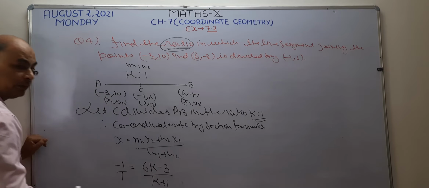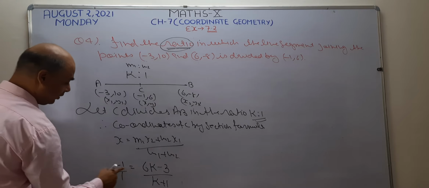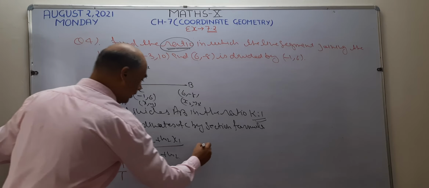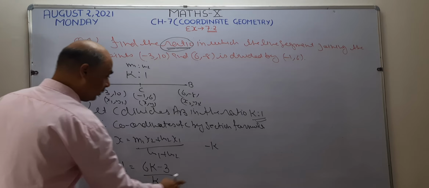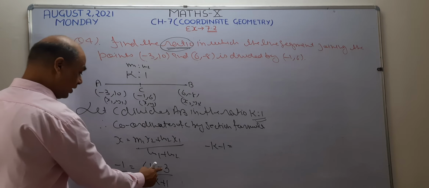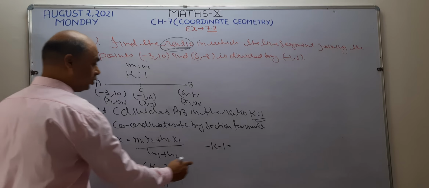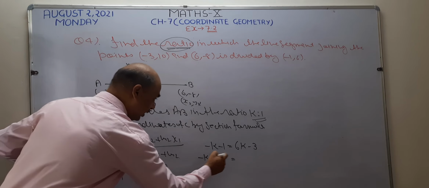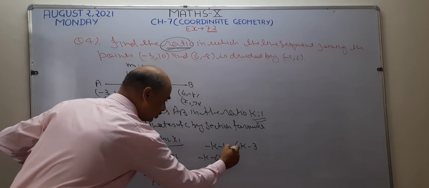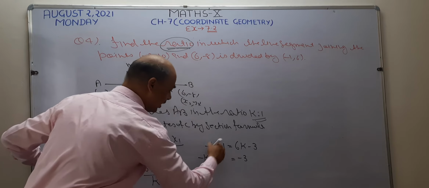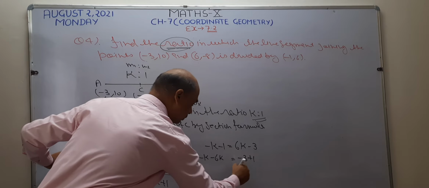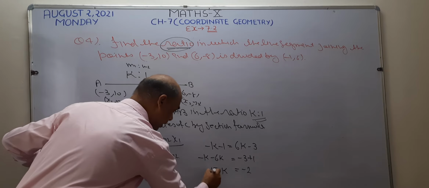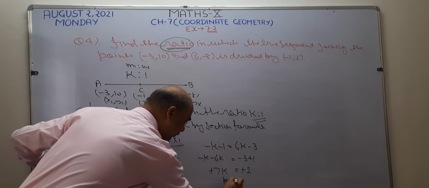Now taking cross multiplication, when I multiply the denominator by -1, this becomes -1 into K, which is -K, and -1 into 1 becomes -1. Equal to 6K - 3. Now separate the constant terms. The 6K changes sign and becomes negative, -3 is already there and -1 becomes +1. So this becomes -2, and then -7K. The minus is cancelled by minus, so the value of K becomes 2/7.